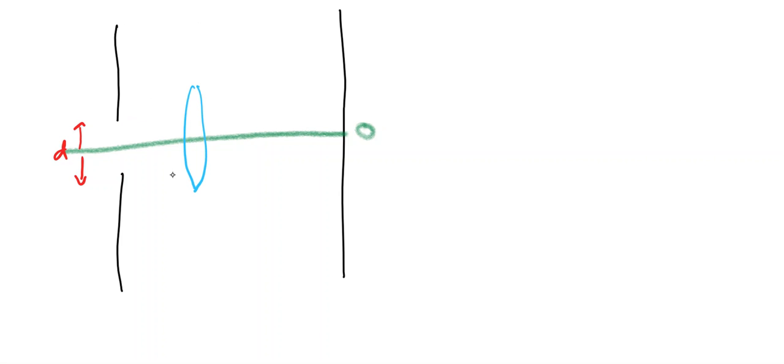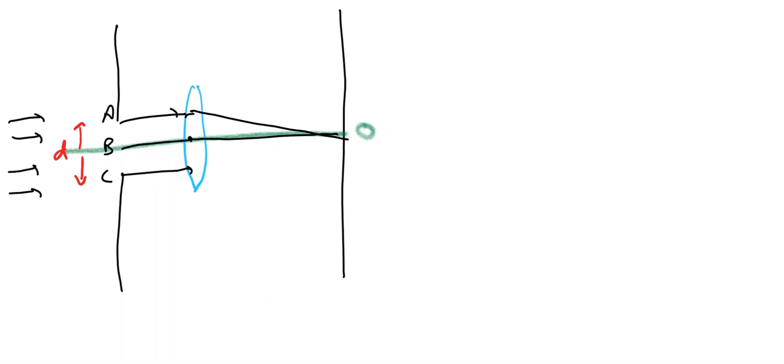So consider a slit, and let this be the center of the screen, which is exactly in front of the slit. Let the width of the slit be D. To focus all the waves which are bent towards the center, we consider a lens placed here,